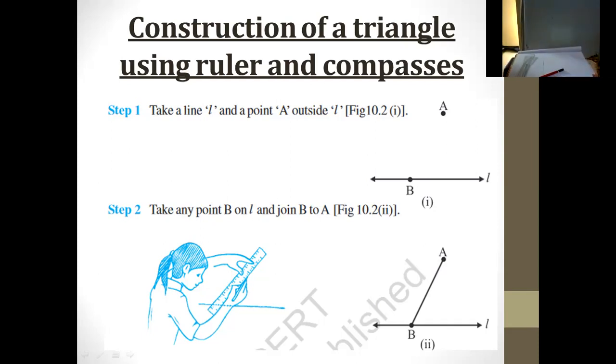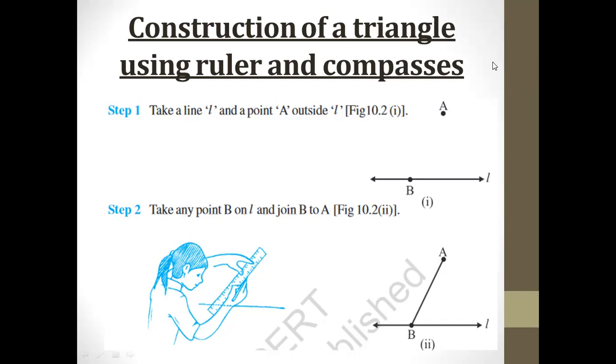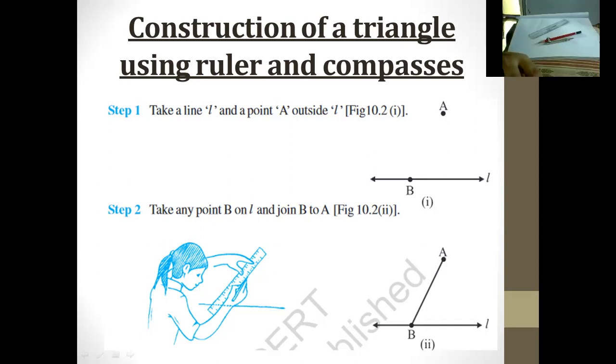Now just tell me if you are able to see now. I think it is now clear to you. Yeah. So what is the step? Read the step, students, carefully. What is the first step saying? It is saying to draw a line, that is L. Name it L of your own choice. There is no hard and fast rule to give any length. Now I have drawn a line that is named L.